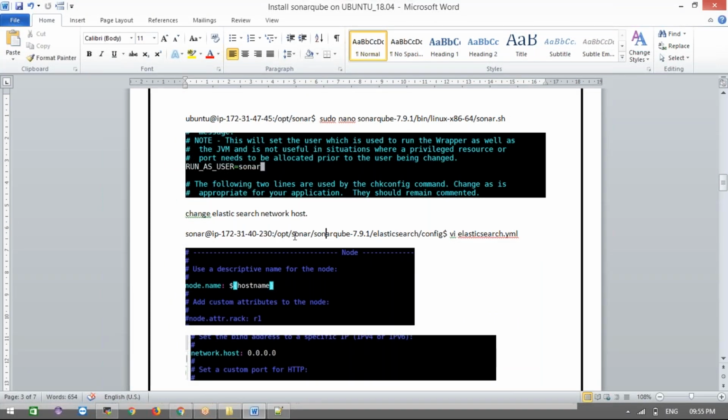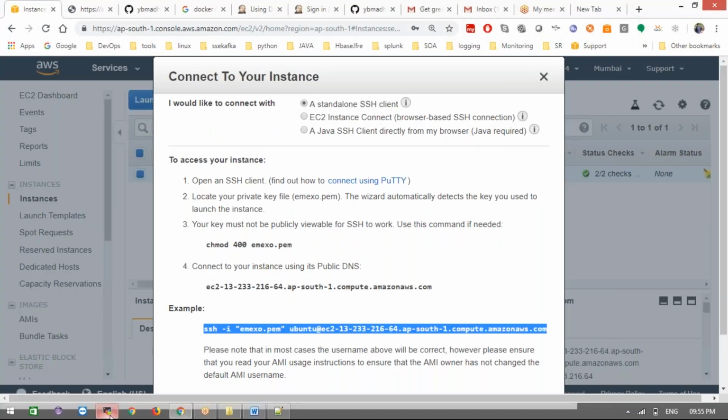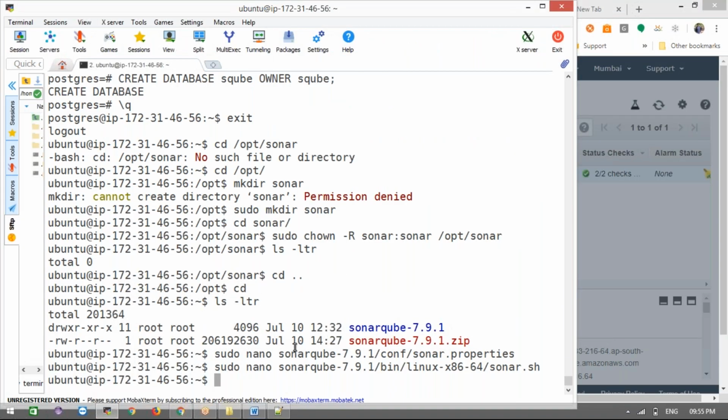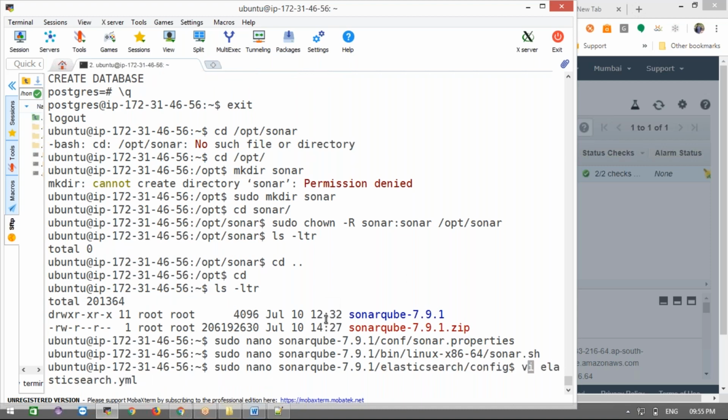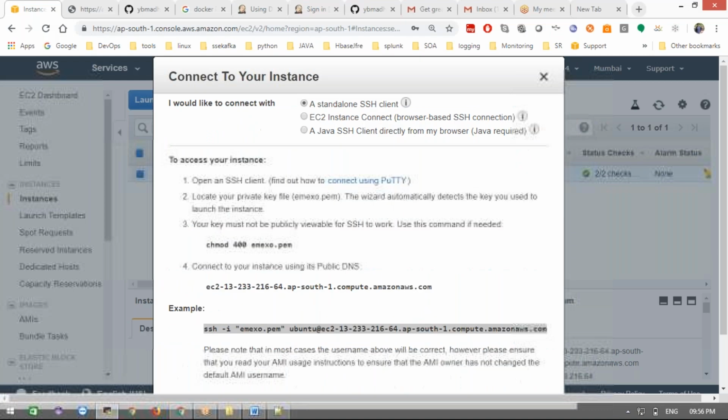Okay, now go to this SonarQube elasticsearch YAML file. Go to here, nano, one second, config slash elasticsearch.yaml file. Okay, in this file we need to modify the